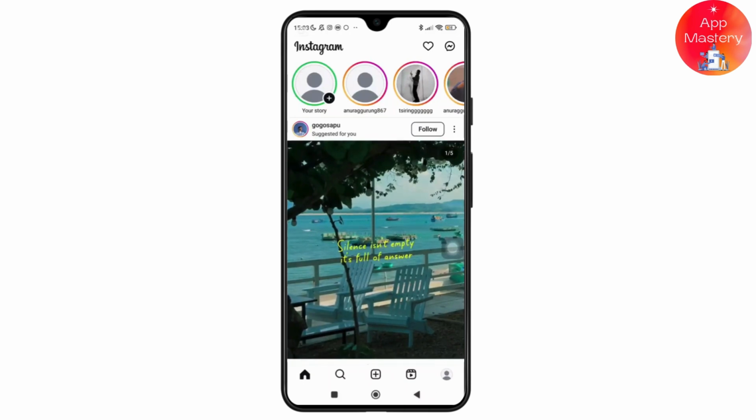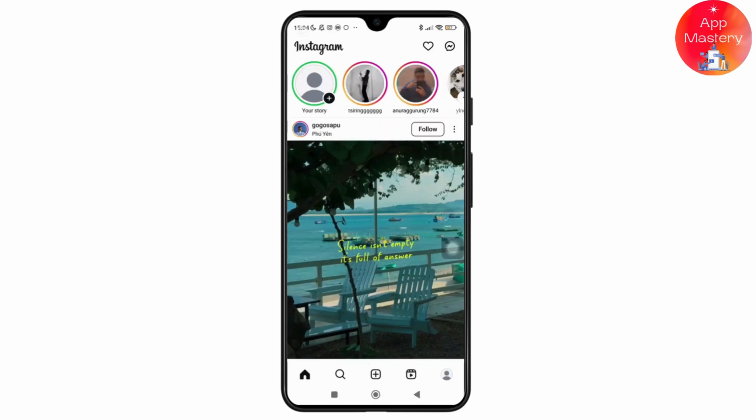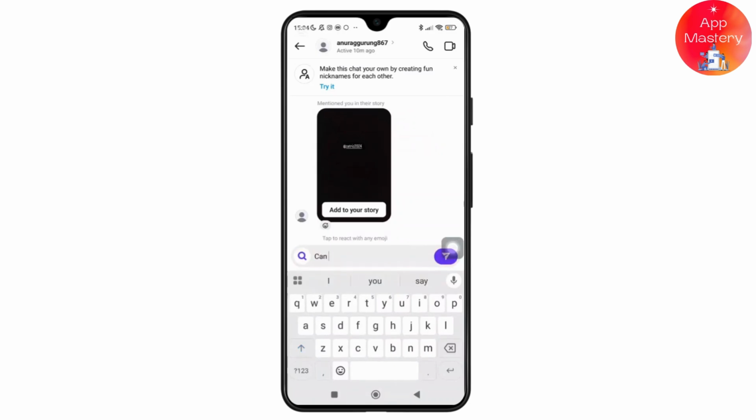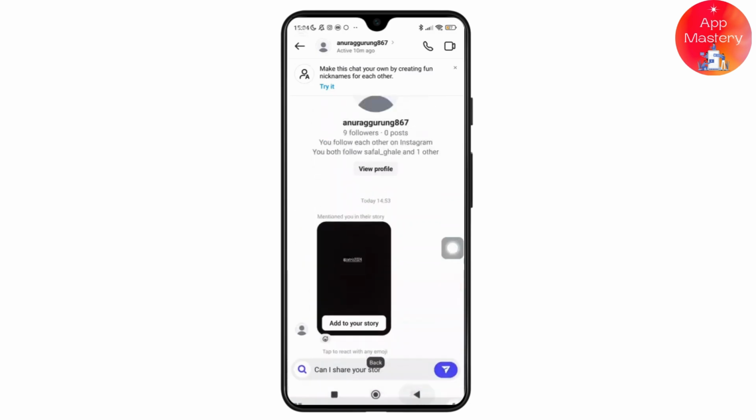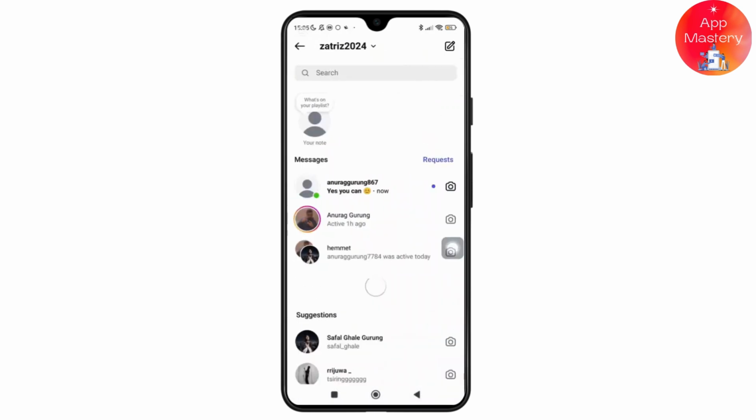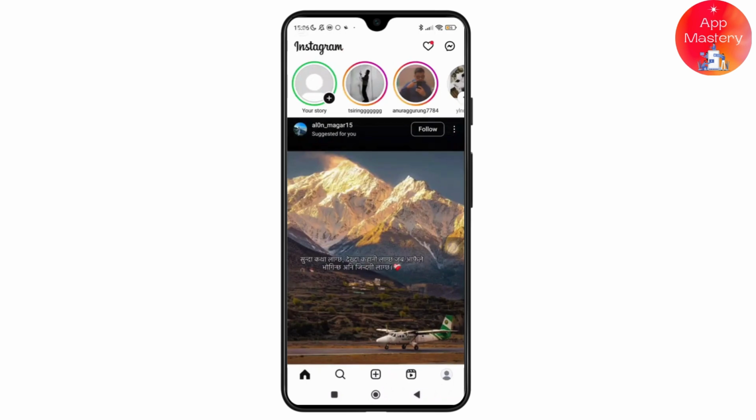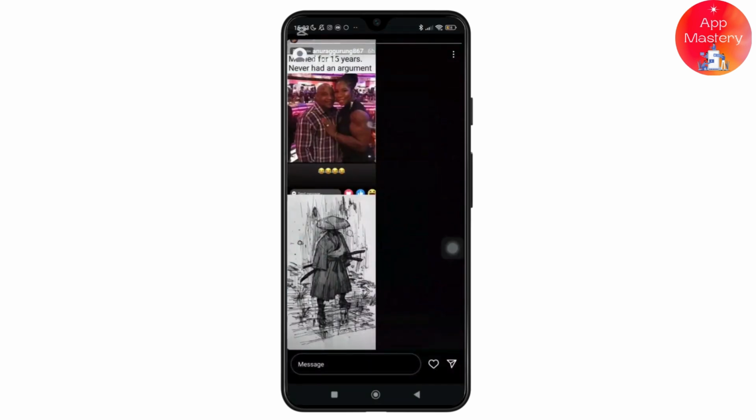But what if you want to repost someone's story but they didn't mention you? So to do that, you can simply follow these steps. First, you need to ask for permission by sending them a DM, and once they have given you the permission to post their story, you can simply take a screenshot or screen record their story,